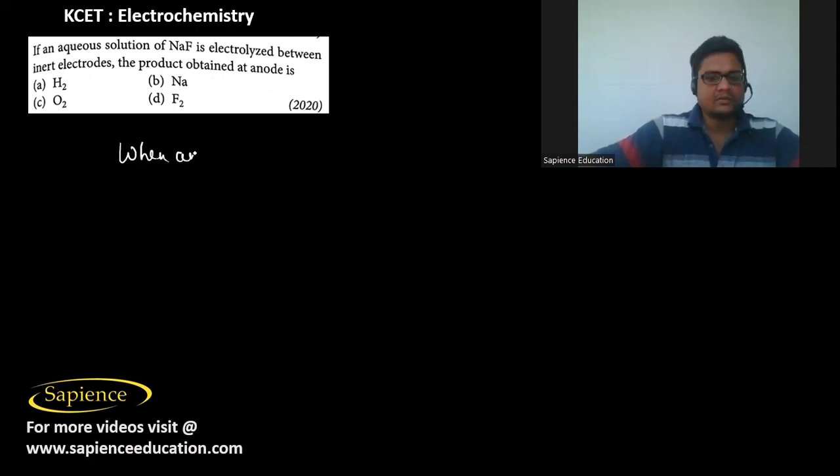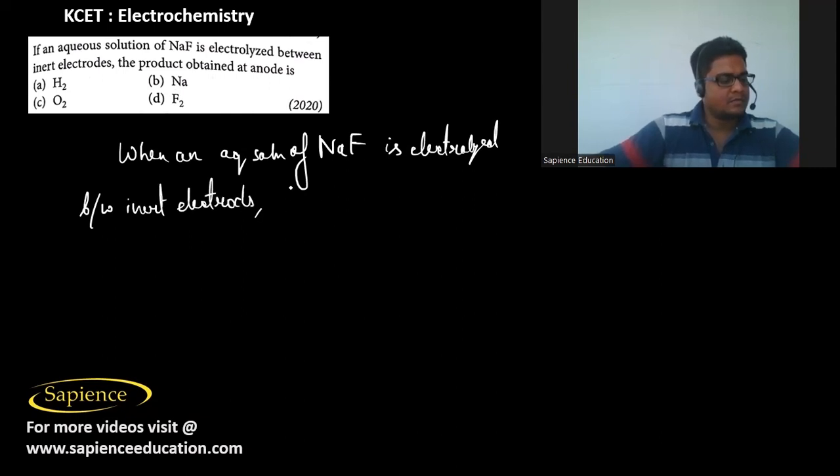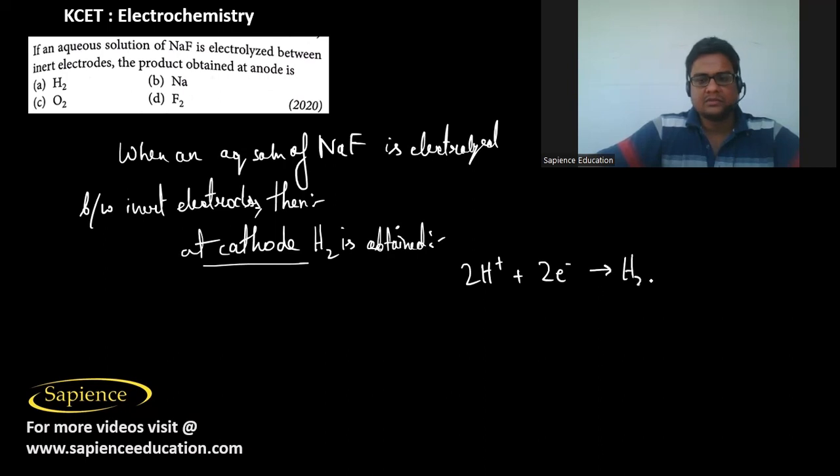So the rule is that when an aqueous solution of sodium fluoride is electrolyzed between inert electrodes, then at the cathode hydrogen gas is obtained. It means the reaction which happens at the cathode is 2H+ gains 2 electrons to form hydrogen gas,